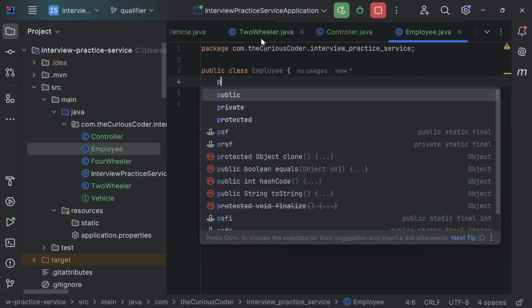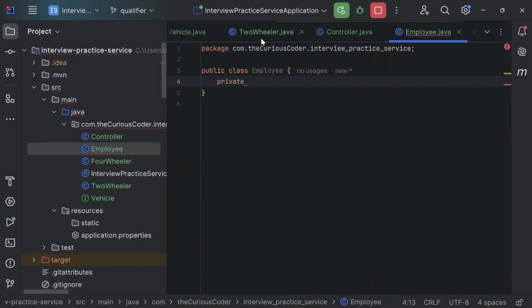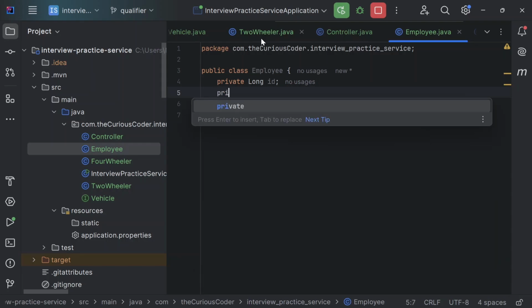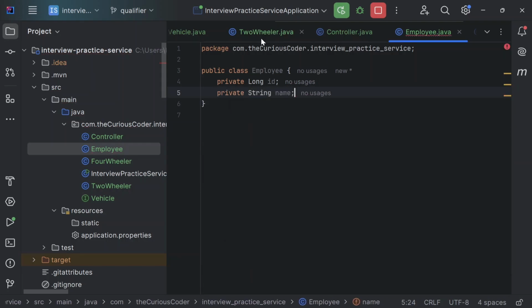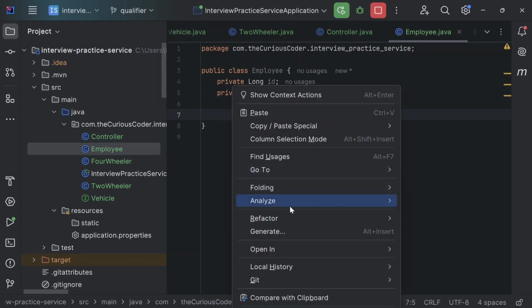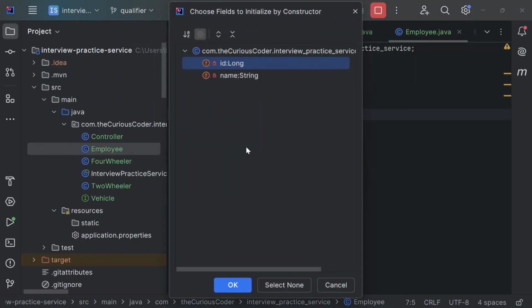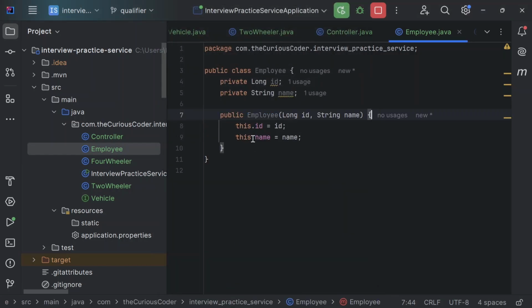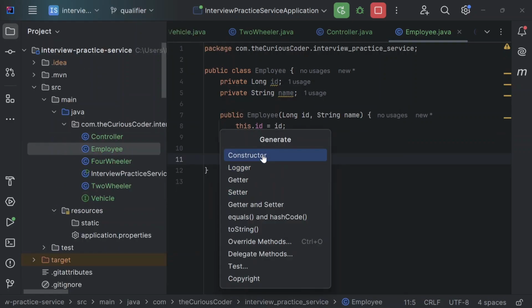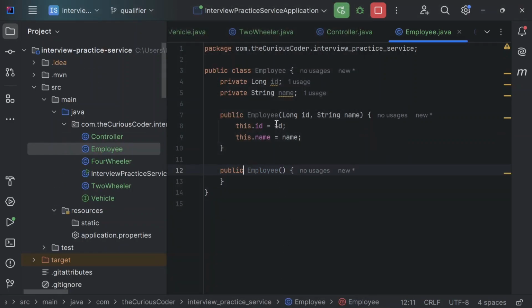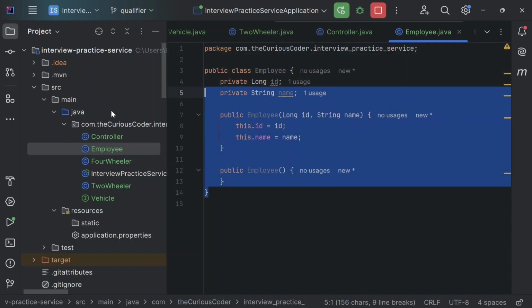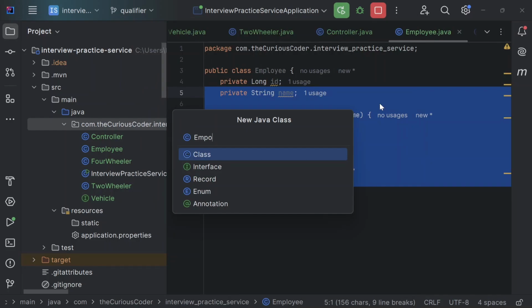and let's say it has a field, private ID, and it has a name. Okay, let's add a constructor as well. Constructor. Okay, and let me add a no-args constructor as well. Fine, so I've created this class, and let's say I have created a configuration class as well, EmployeeConfig,